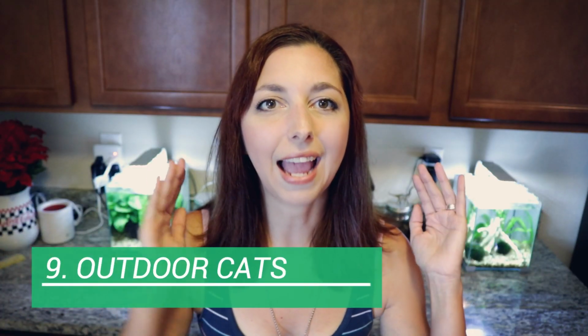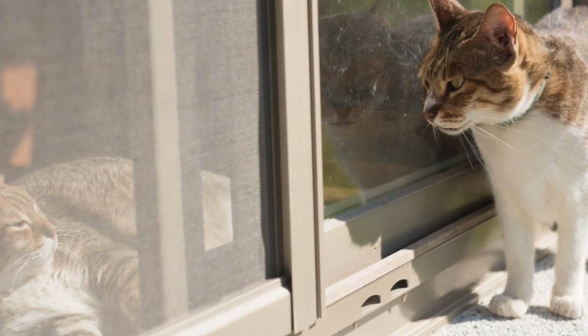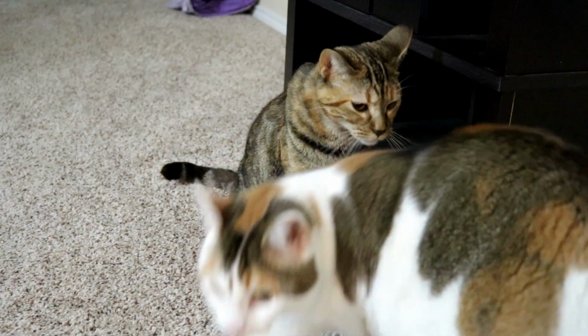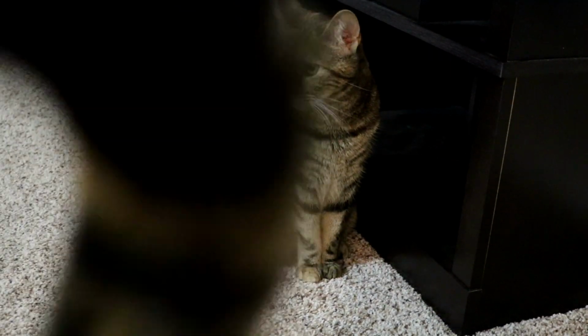Number 9 is outdoor cats. Outdoor or feral cats. If you have cats outside that are spraying the exterior of your house or maybe near your front door, this can cause problems with your cat inside. They might smell the urine that is coming from outside and decide to spray saying, "Hey, this is my turf, buddy, back off." This can be a little bit more difficult of a problem to solve because in this situation,